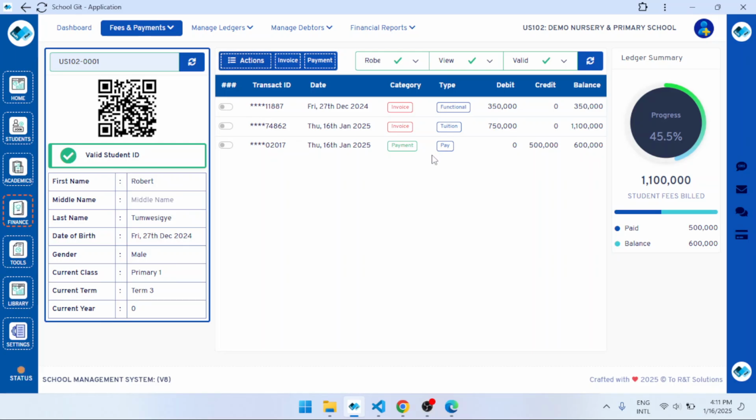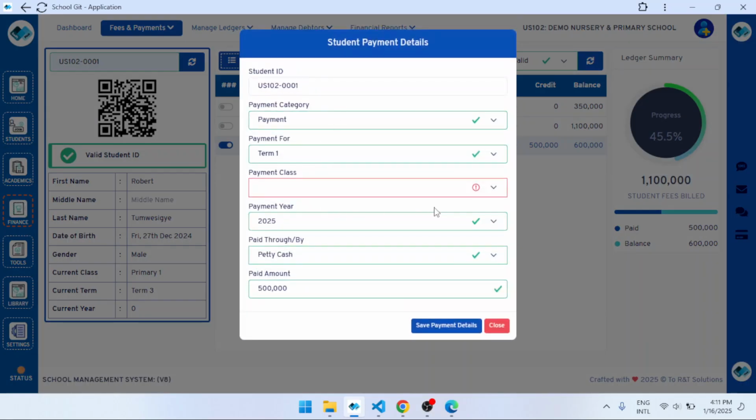If you want to update any of this, for example, want to update this pay, you click on this, you come to actions, you say update. So we shall be able to update these details, the amount, the account, the student ID. So some of them are default, don't change. So if we say no, this was for example 400,